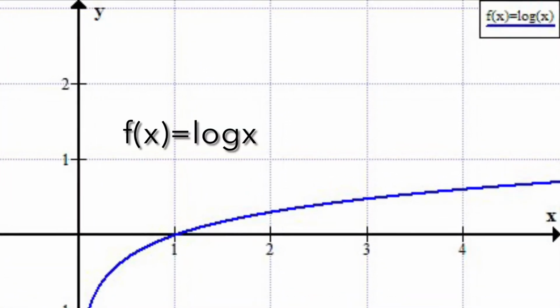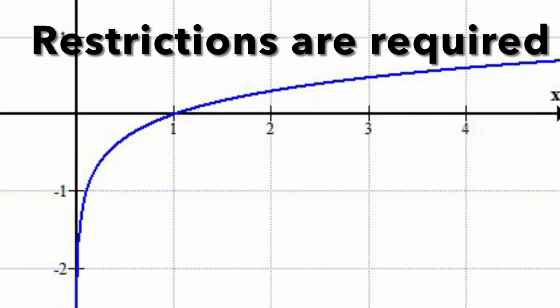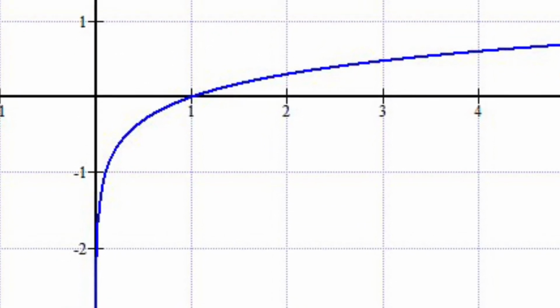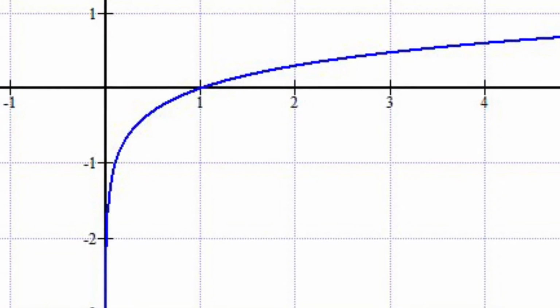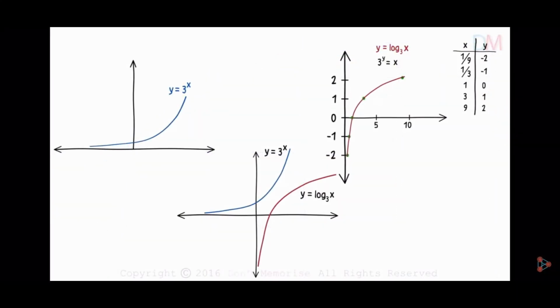And so, if you wanted to connect this model to existing data and use it as a projection for the future, vertical and horizontal translations may be needed, as well as restrictions to the domain and the range of the logarithmic projections. Also remember to take into account that logarithmic functions are the inverse of exponential functions and the